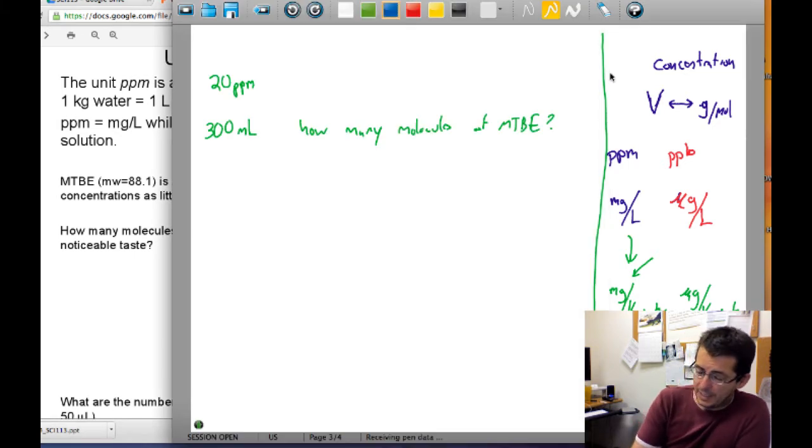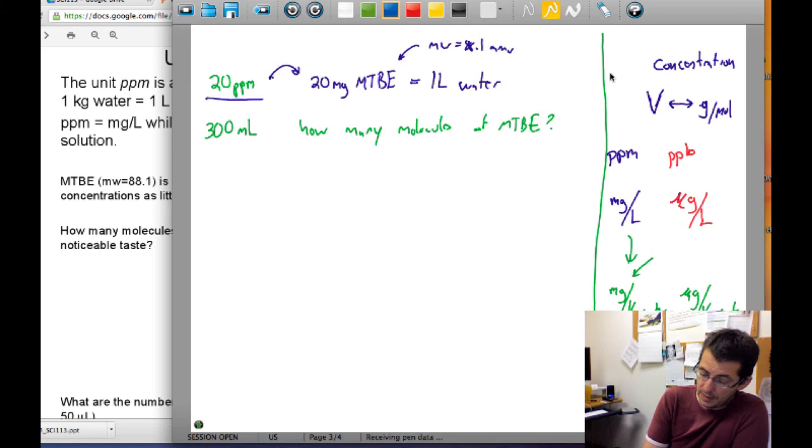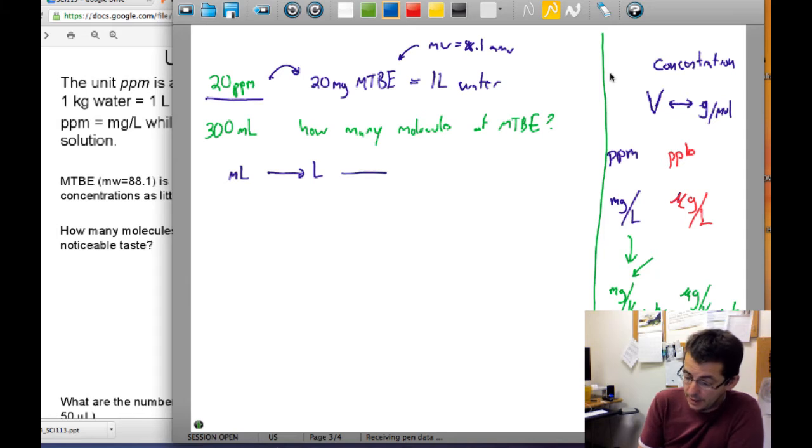So if we take our 20 parts per million, again, that is a conversion factor. It relates 20 milligrams of methyl tertiary butyl ether, which happens to have a molecular weight equal to 88.1 AMU, to 1 liter of solution, water in this case. So our thought process would be to take our volume in milliliters, convert it into liters, then from there convert our liters into milligrams of MTBE,